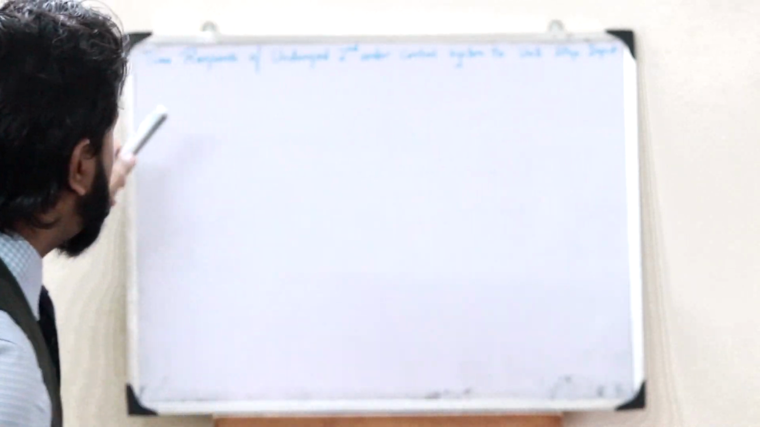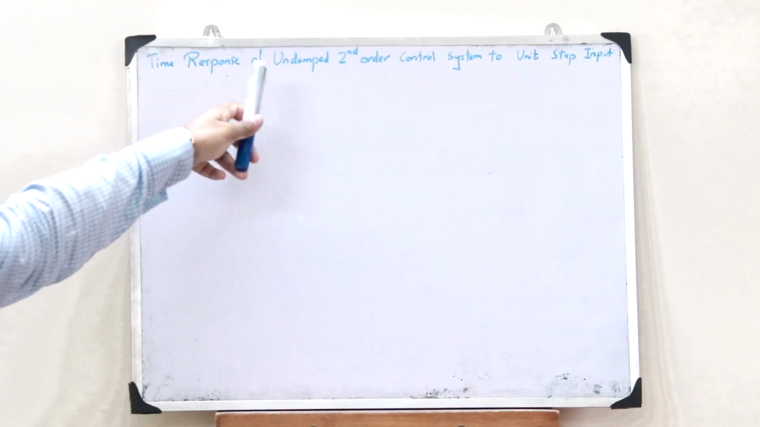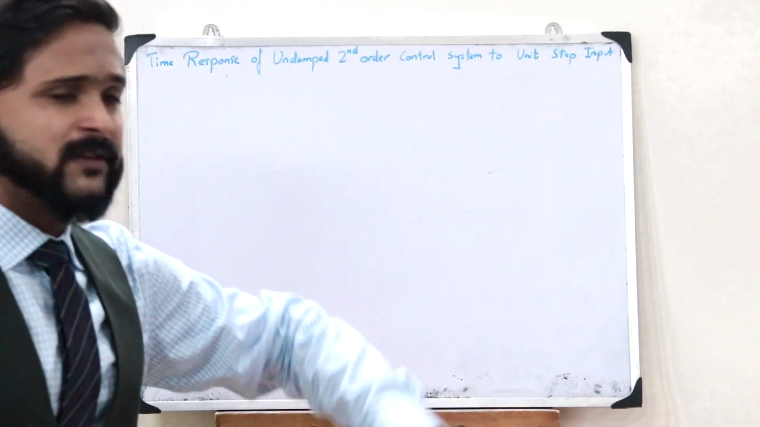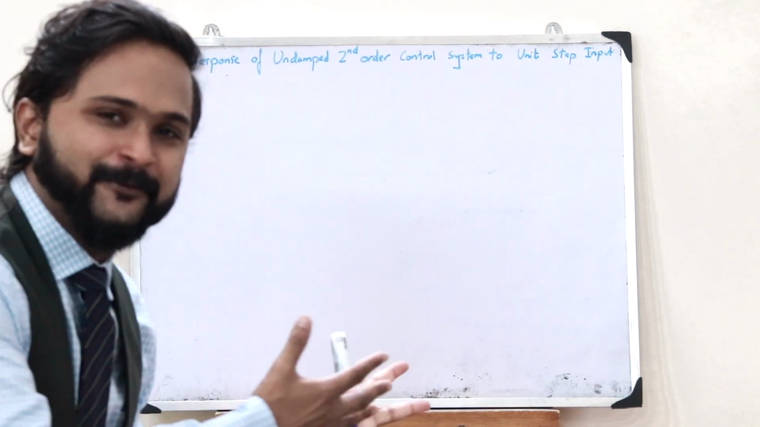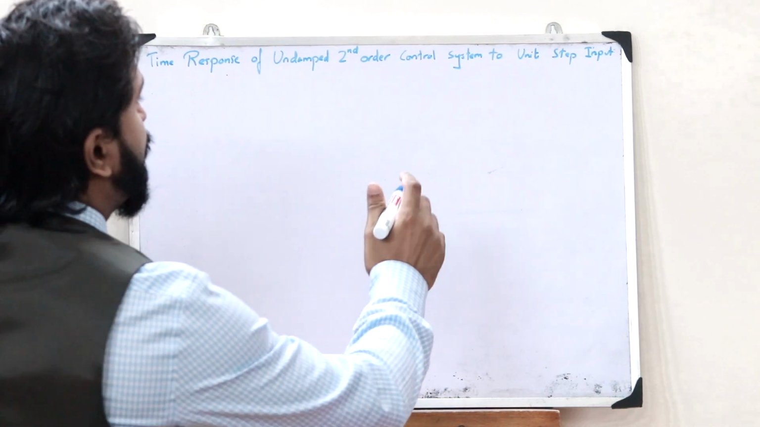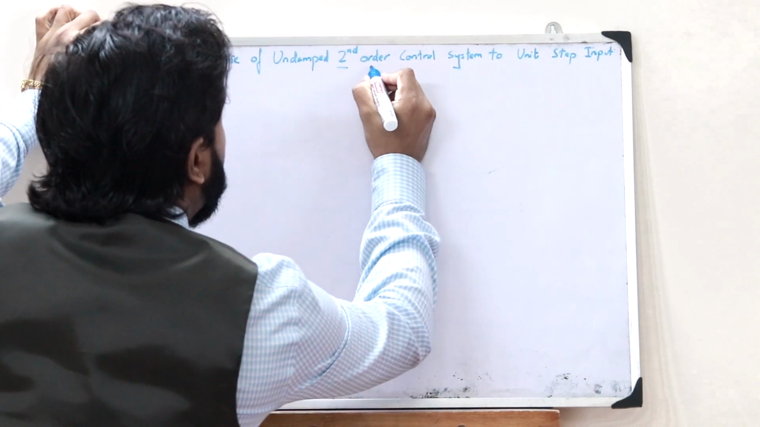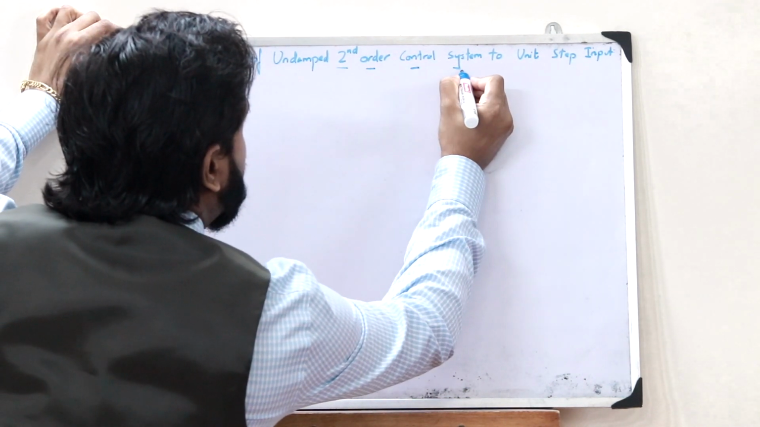So let us ask ourselves that obvious question: what do you actually mean by the term the time response of an undamped second order control system to a unit step input? Well, let's find out. So we know for a fact that in the case of a second order control system,